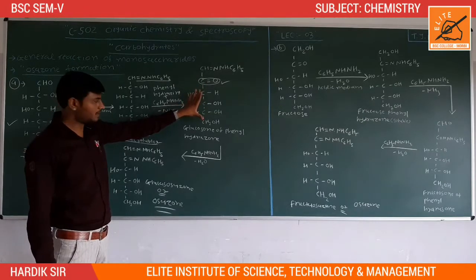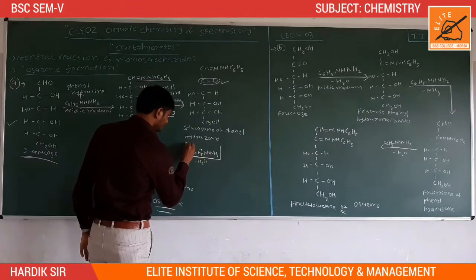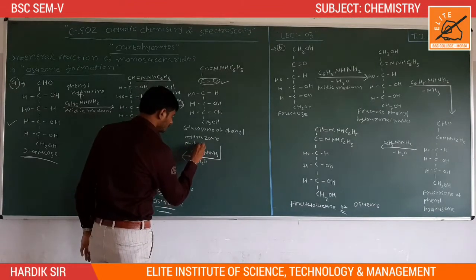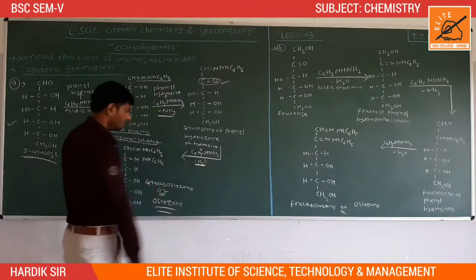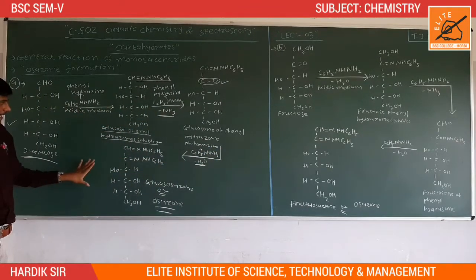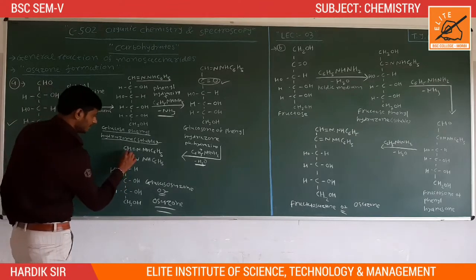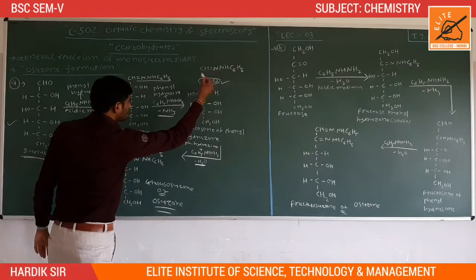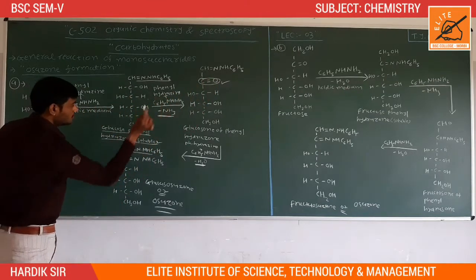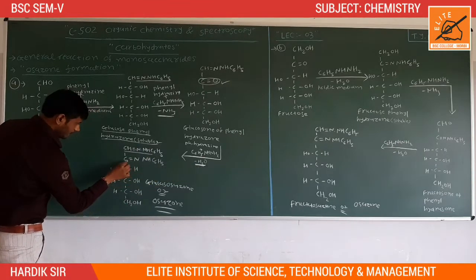Our second intermediate product is also reacted with phenylhydrazine. One water molecule is removed and finally we have produced a glucosazone or osazone. This is the osazone. This part is the same, but this oxygen is removed and hydrogen is also removed, and one molecule of water is removed to produce the